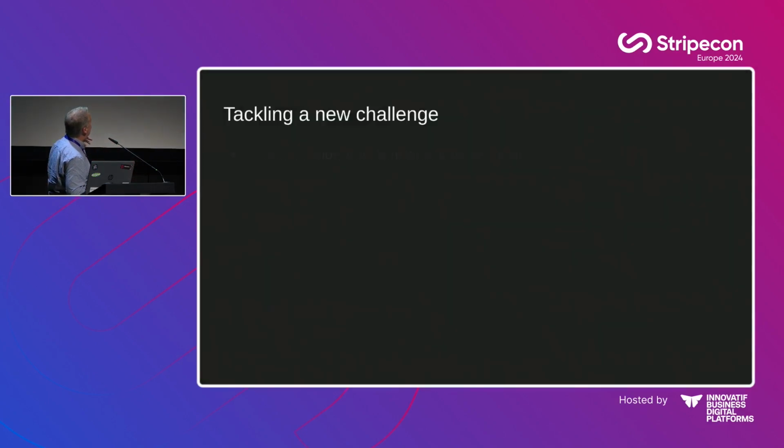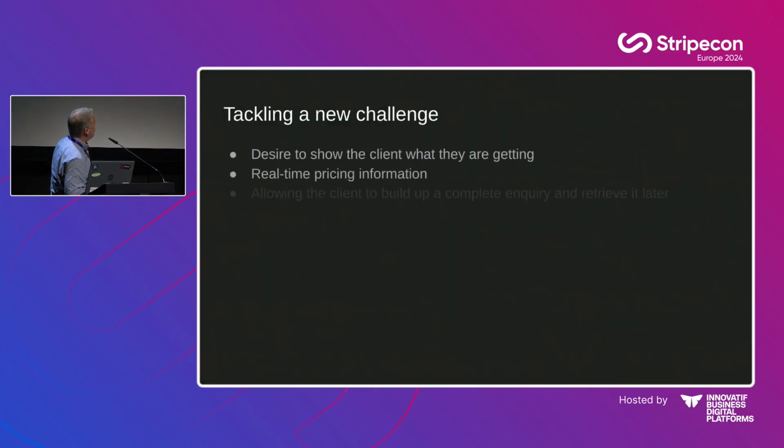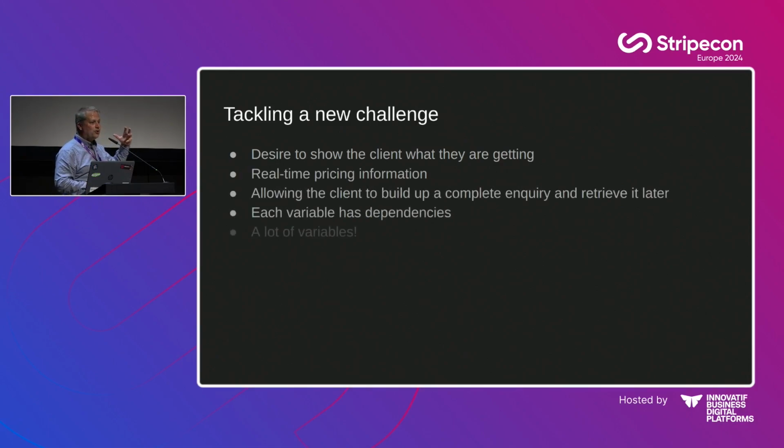the challenge for us was to try and get to the bottom of what the clients needed and what their clients also needed as well. So,